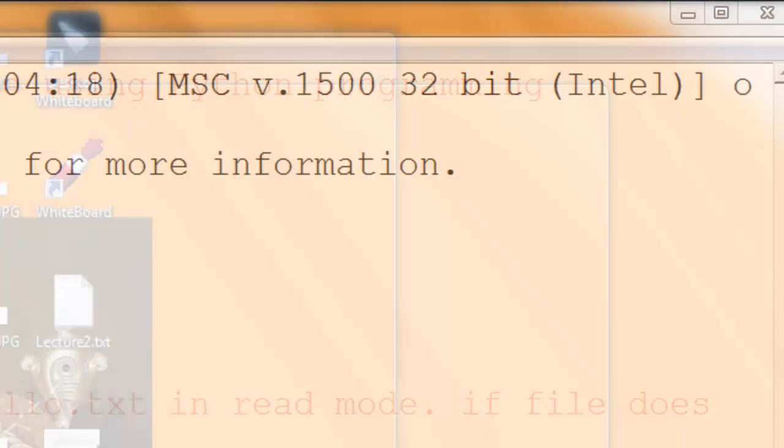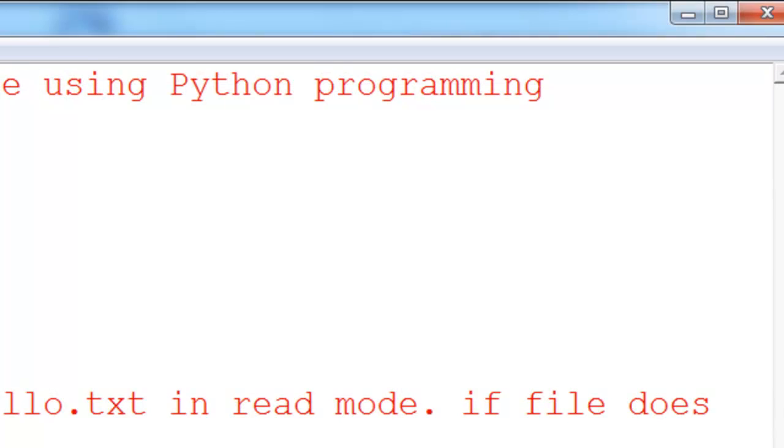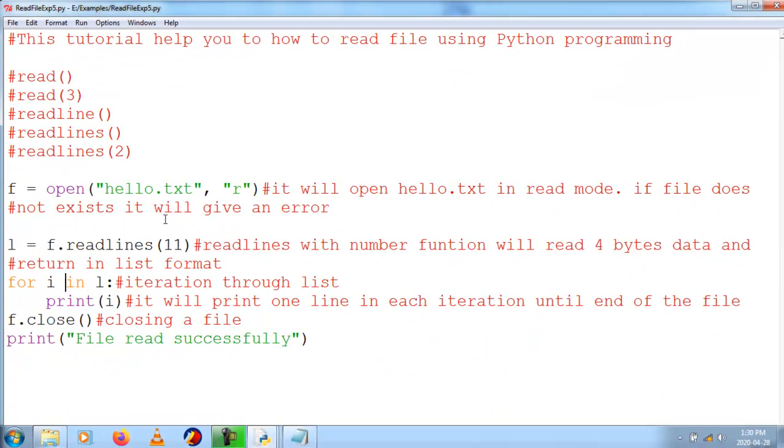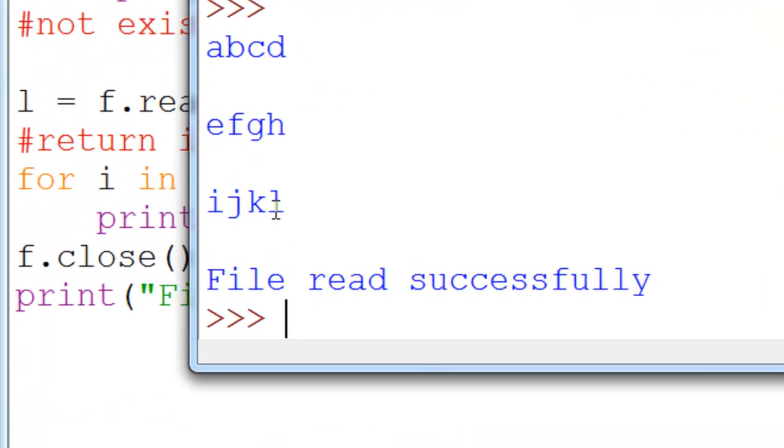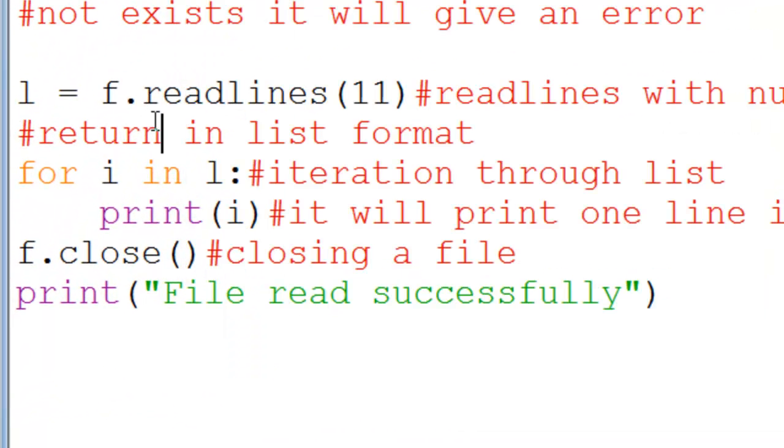Now we'll go to example number 5. What does it do? It will read lines till the number of bytes. If the number of bytes starts within the next line, then it will read the entire line. So here it is 11. Each and every line has 4 characters, that's 4 bytes, plus one newline, that's 1 byte, total 5 bytes. So 5 plus 5, 10 bytes in the 2 lines, and the 11th byte is in the third line, so it will print 3 lines. So run module, I will get 3 lines of data here. So these are all 5 different functions of the read module.